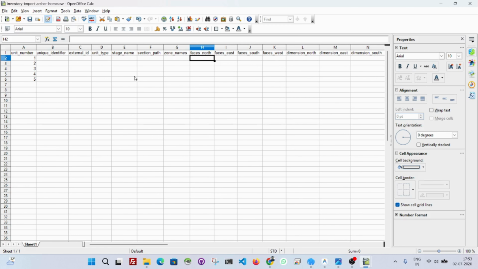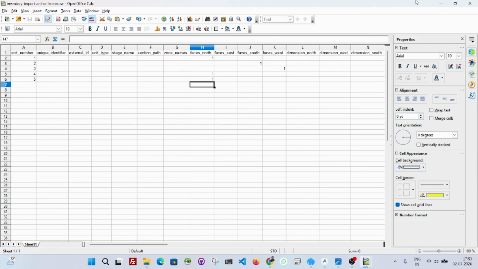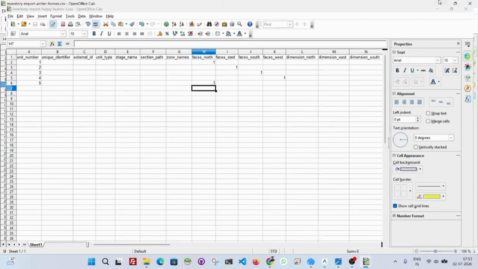Suppose unit number 1 is facing towards north, you just need to type 1 under that column. In a similar way, if unit 2 is facing south, type 1 under faces south, and if unit 3 is facing west, you can type 1. In a similar way, unit 4 is facing north, I am typing 1, unit 5 north. And after that, you just need to save this Excel and go back to MapBhoomi,